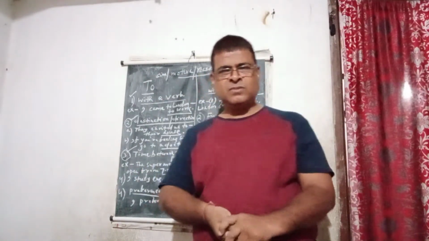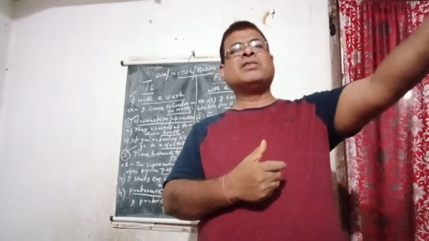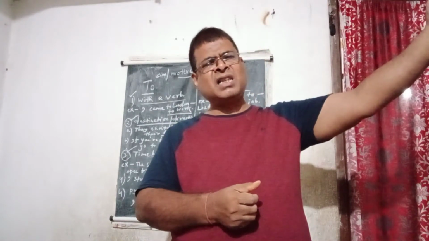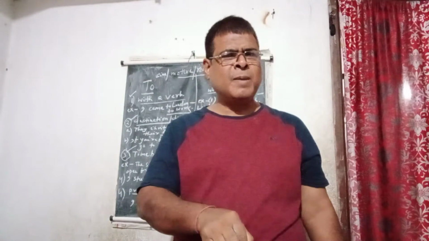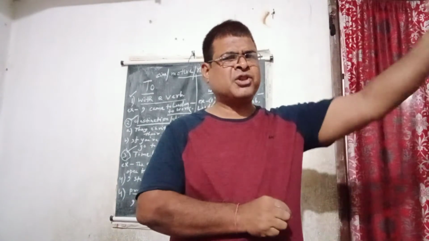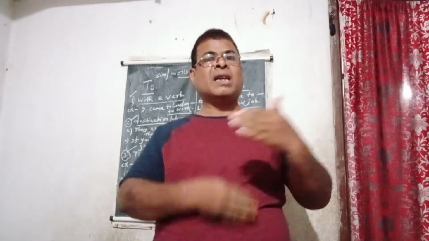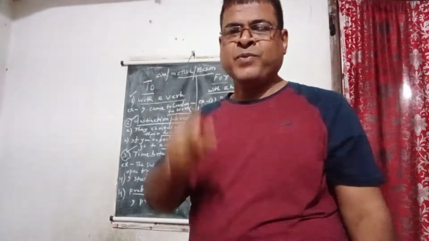Suppose I will give an example. I am going to the market. Means I am moving towards the market. I am going to the destination place, that is the market. मैं कहाँ जा रहा हूँ? मैं घर से market जा रहा हूँ. जो घर है, it is the original or source position. I am going to my destination position. कहाँ पर जा रहा हूँ? मैं market जा रहा हूँ. So घर जो है original और source position और source direction, और मैं जो change कर रहा हूँ मेरा movement towards कहाँ पर? Market. वो market होता है destination place. So in that case, "to" is used.